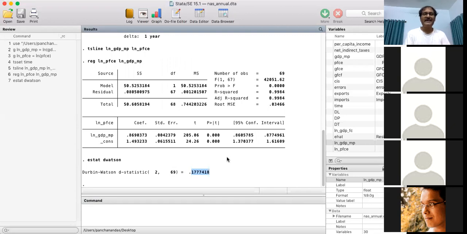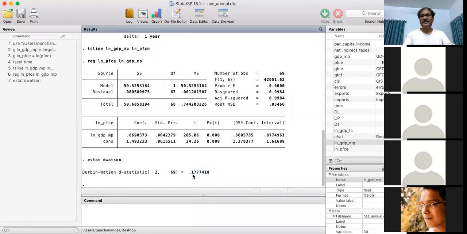So what we are looking at here, although the individual coefficients are highly significant, t-values are very high, both for the GDP at market price as well as the intercept term. R square is very high, nearly equal to 1. But Durbin-Watson is very low. If the value of Durbin-Watson is nearly equal to 2, there is no autocorrelation. But if the value of Durbin-Watson deviates from 2 nearer to 0, it indicates the presence of autocorrelation or